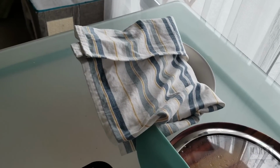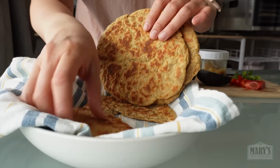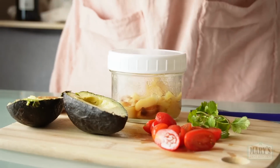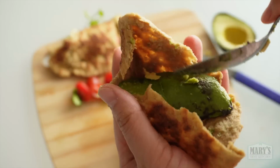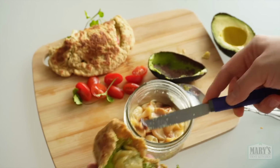We should let all of these cool to room temperature to give the pita a fair test. But I'm hungry, so let's see if this first pita will pocket. It's still warm, and it's not a very willing pocket to be sure. It takes persuasion. However, it cannot resist being filled with creamy avocado, my super soft roasted garlic,